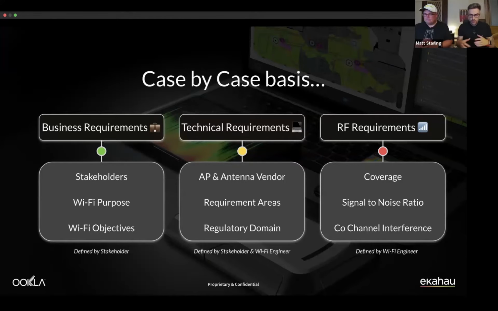So you would sit down, understand that, and then go through probably one of the most important, crucial parts, when I think back to when I was doing lots of professional services: you get the floor plans from the stakeholder and you say to them, okay, well, where do you want Wi-Fi? And they go, everywhere. Of course, everywhere is where I want Wi-Fi, right, Stu? That's right. Yeah. And then you go, okay, you want Wi-Fi everywhere.